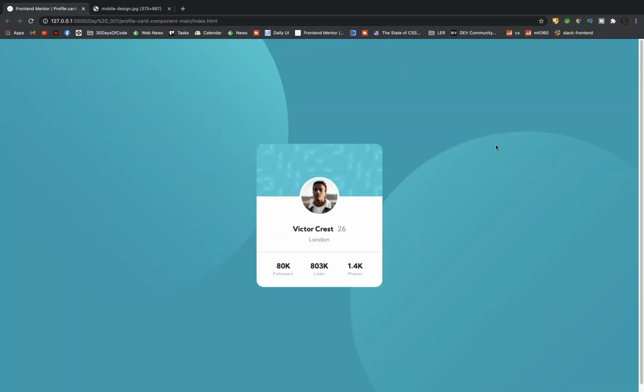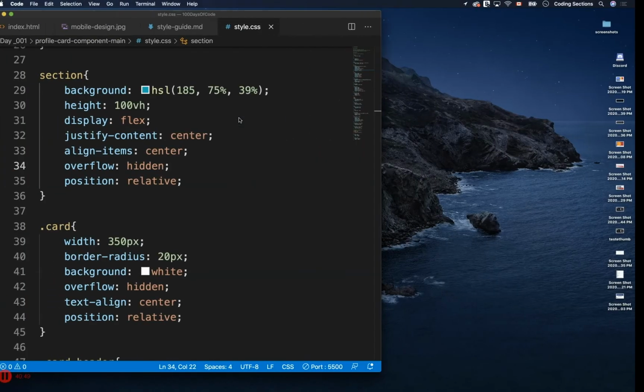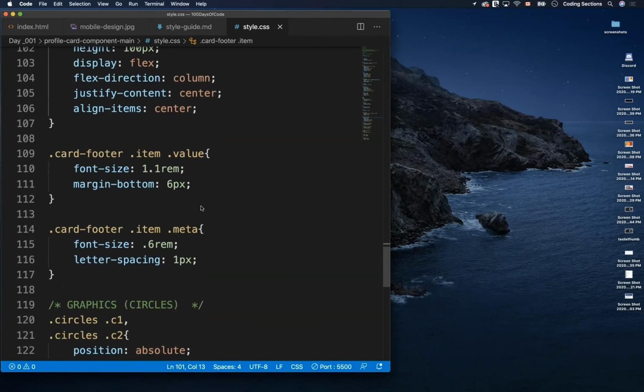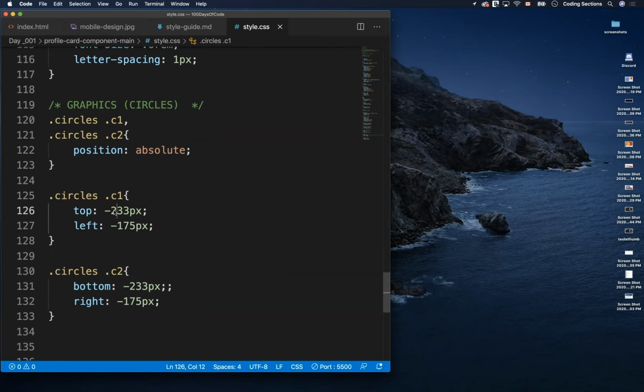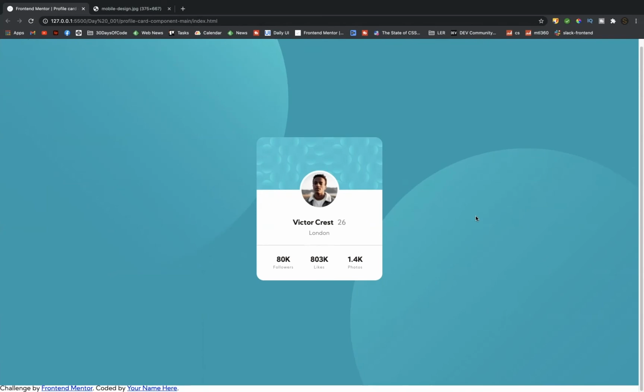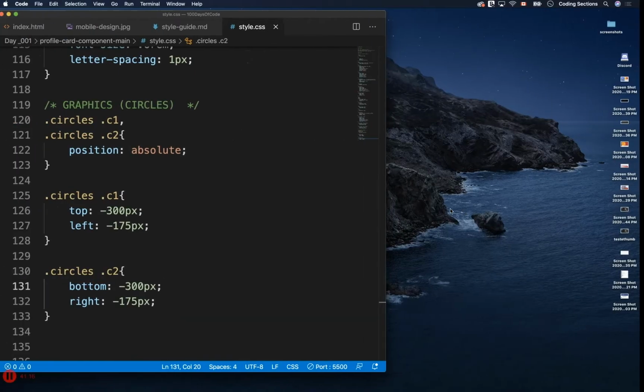Actually, we're gonna move this circle here a little bit more down and this one a little bit more up. So probably let's try it in 280, 300, right? 300 here as well. And let's see how it looks. Okay, so I'm gonna leave it this way. And finally,